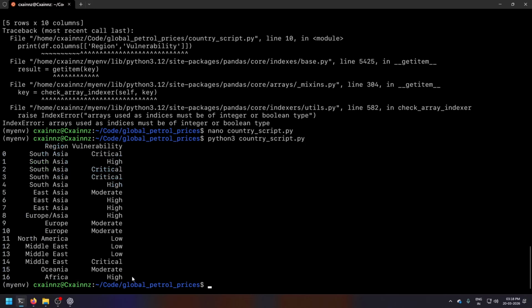What I have in my mind is low being 0, moderate being 5, high meaning 7, 8, and critical meaning 9 and 10, on a vulnerability scale from 0 to 10, from low to critical. And then I can see that South Asia has how many critical, East Asia has what, Europe has what.